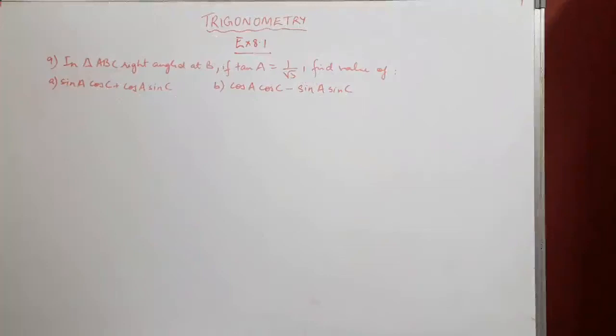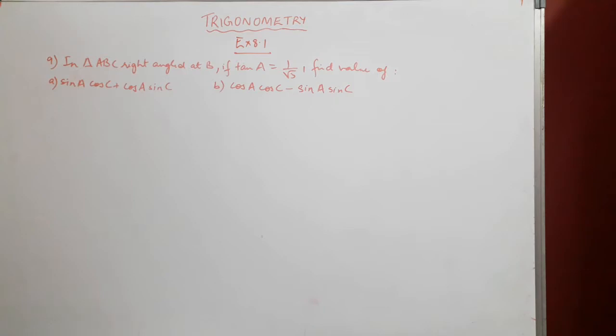Hello students, in this video we will be solving problem 9 and 10 from exercise 8.1. Our first question, that is the question 9, has two parts. It says, in triangle ABC right angled at B, if tan A equal to 1 upon root 3, find the value of sin A cos C plus cos A sin C and also cos A cos C minus sin A